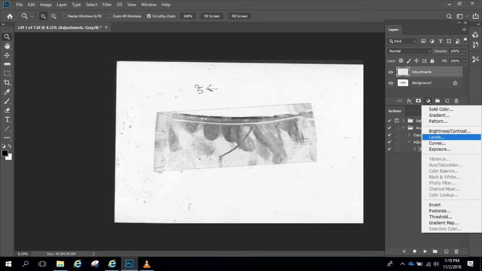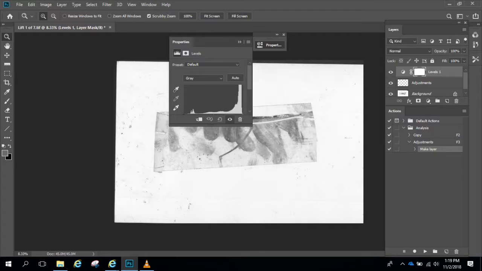So if you're always using levels, you can make your adjustments layer do that in your action, create it and make it all happen with one button, or you can just have it do the action